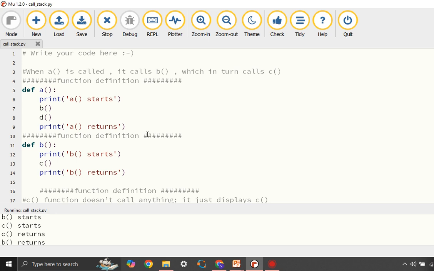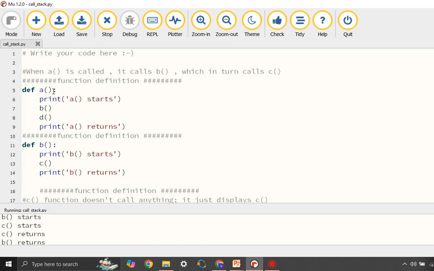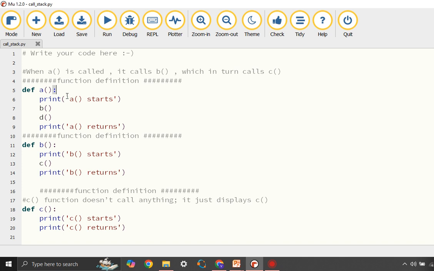So what happens when we execute? Suppose this is the main program. I am making a call to the A function. When the execution starts, it starts from this line. It makes a call to the A function, and what would be executed? The print A starts would be printed on the screen, and then the B function is called. When it goes to the B function,